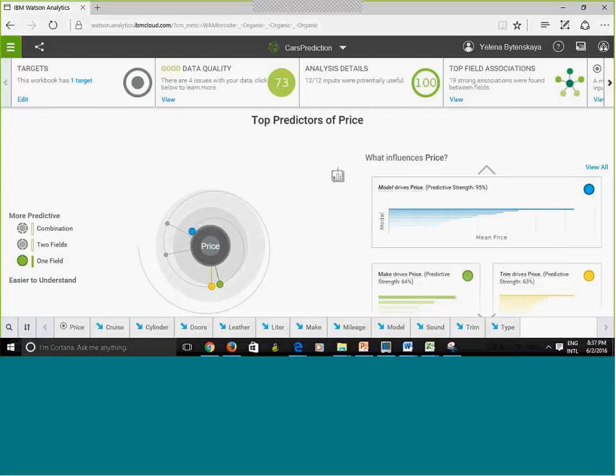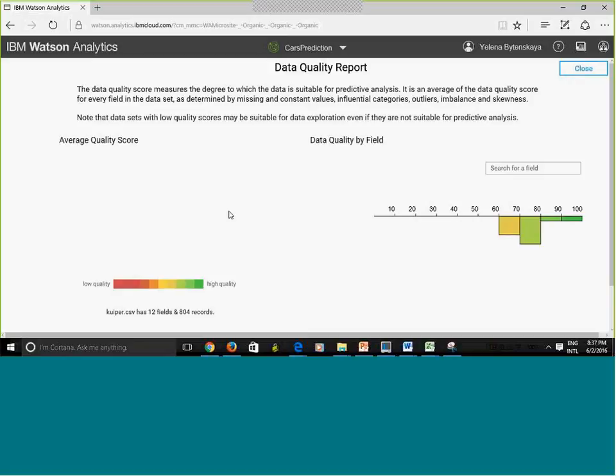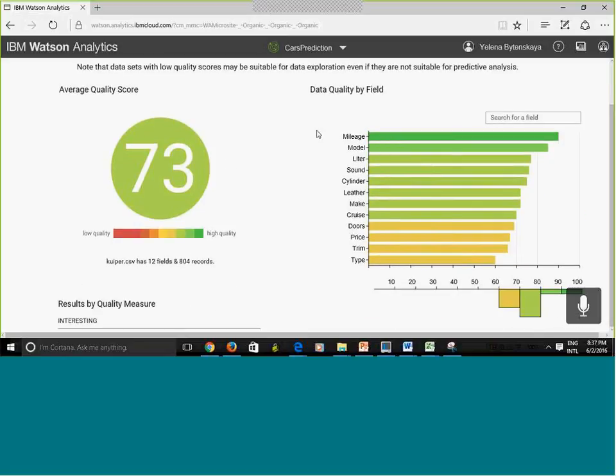What you could also do is see the data quality. I can do View, and it's going to show me the data quality for each individual field in my data set. So here we go. This is the data quality report, and it puts my variables in order.